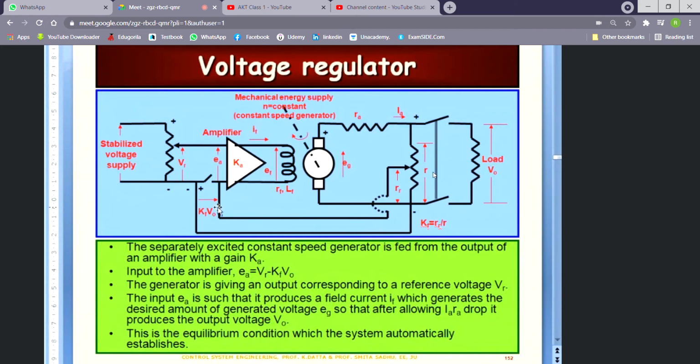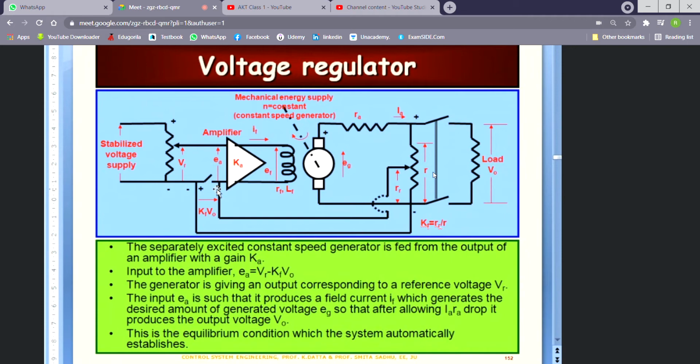Now, here basically the signs are a bit shifted to the left. At this end of this feedback, there is a switch shown as open, and this positive sign should actually shift a bit more towards the right, so that the negative sign also shifts a bit more to the right, right? I hope you've understood that. What I mean is that as far as the feedback is concerned, this side is positive and the other side is negative. So this negative actually comes closer to this line and the positive comes closer to the other side. So it has got a bit shifted just because of the way the figure has been drawn.